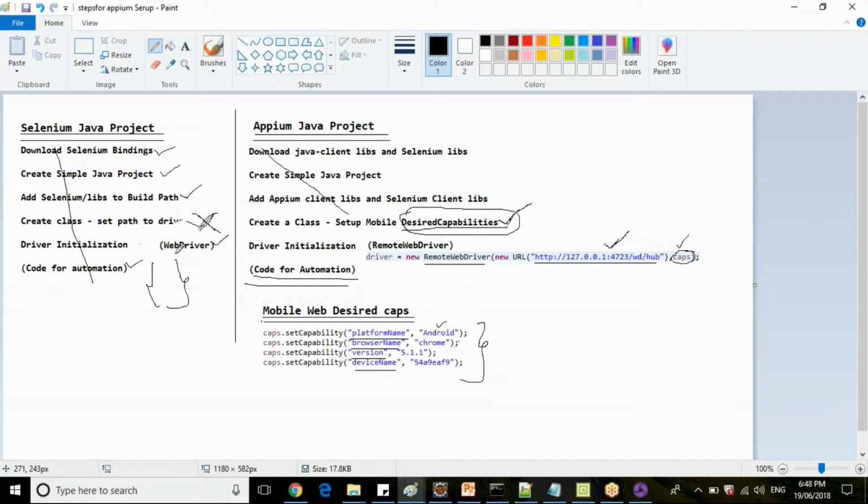And instead of web driver, you need to use remote web driver to execute. So your remote web driver URL will contain the APM server URL here, as well as the capabilities you are executing. The rest of the code you write for Selenium and APM is the same, guys. There is no change in the code, like methods, select class, everything, or whatever we worked on in our previous sessions in the Selenium course, you can write the same code in APM as well. So that's why I'm not going into detail on writing the code. Let's have only 1 or 2 steps and we will check the execution.